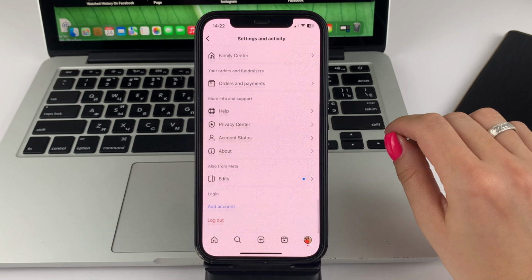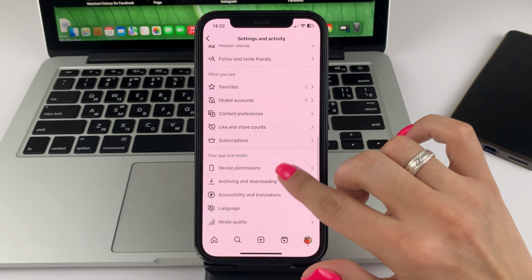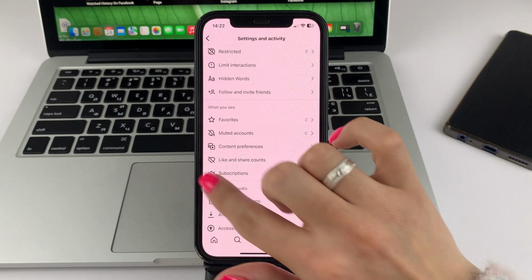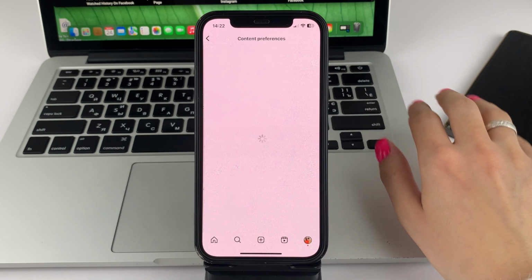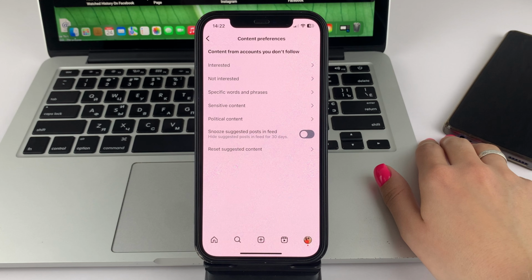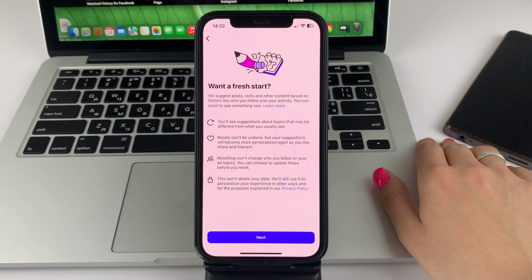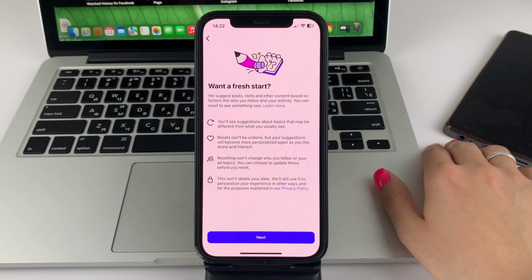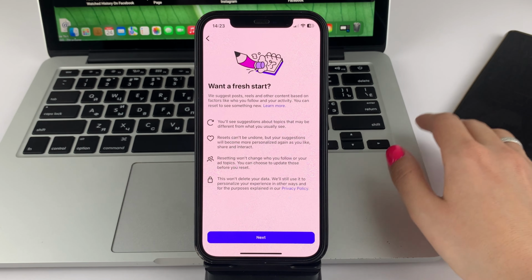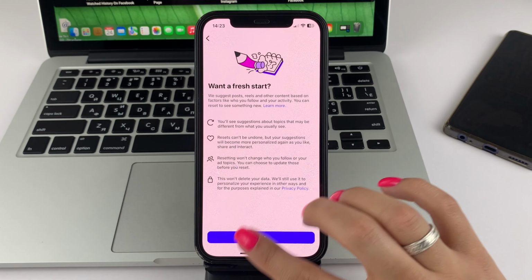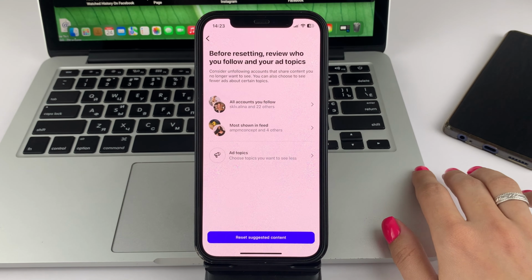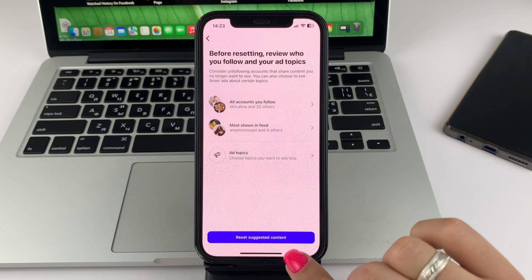Next, scroll through the menu a little bit down and find the content section. Now you'll need to select the very last option here. And this will take you to the reset recommendations page. Click Next. And then just click Reset.